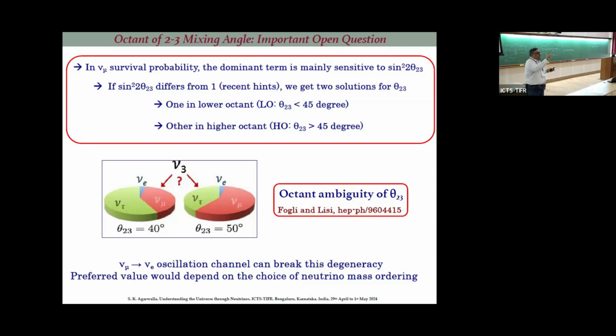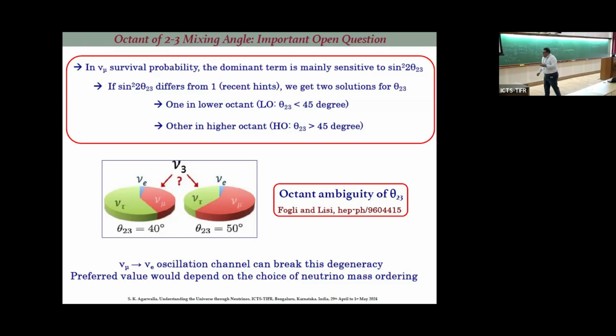So, when you say, this is my measured value of theta 2,3, you also need to worry what your mass ordering was, what your CP was. So they are connected because you get the information from the same data. Okay, makes sense? Let's proceed.